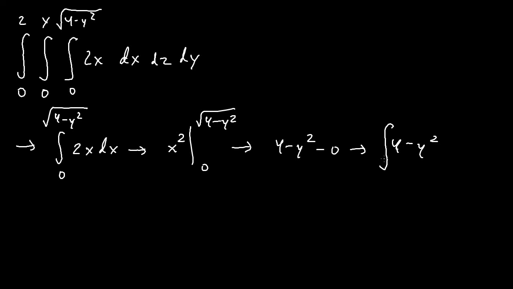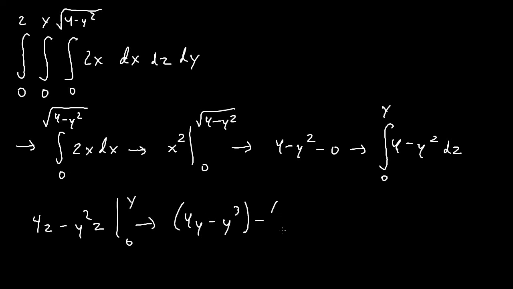Now we can evaluate the middle integral from 0 to y with respect to z this time. So the integral of 4 with respect to z is just 4z, minus the integral of y squared with respect to z is y squared times z. We can go ahead and evaluate that from the z bounds of 0 to y. So when I plug in y for z, we'll get 4y minus y squared times y, which is just y cubed, minus when I plug in 0, we'll just get 0 times 0, or 0 minus 0. So that will just be 0. So given that we're left with 4y minus y cubed, let's go ahead and evaluate the outer integral